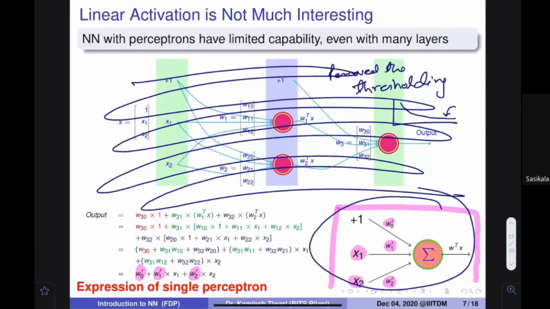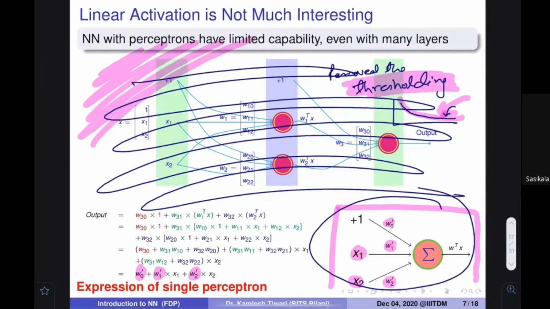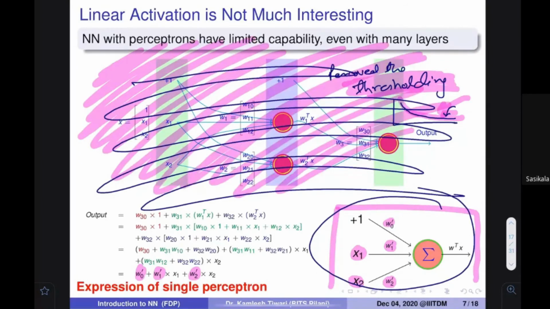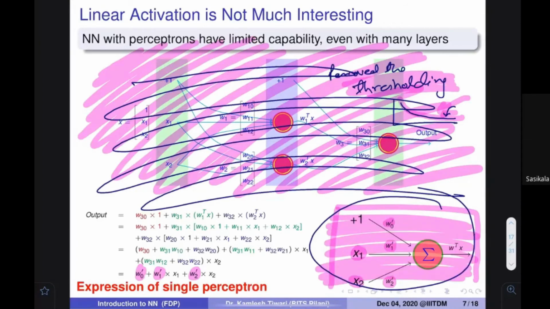I have devised a strategy by removing the thresholding so that I can find out where to stop. Very good, we are very happy. That strategy is very good in terms of a single neuron, but in terms of a neural network, it's a very bad strategy because it destroys the neural network circuit and gives me only a single neuron. So bad. Make sense?